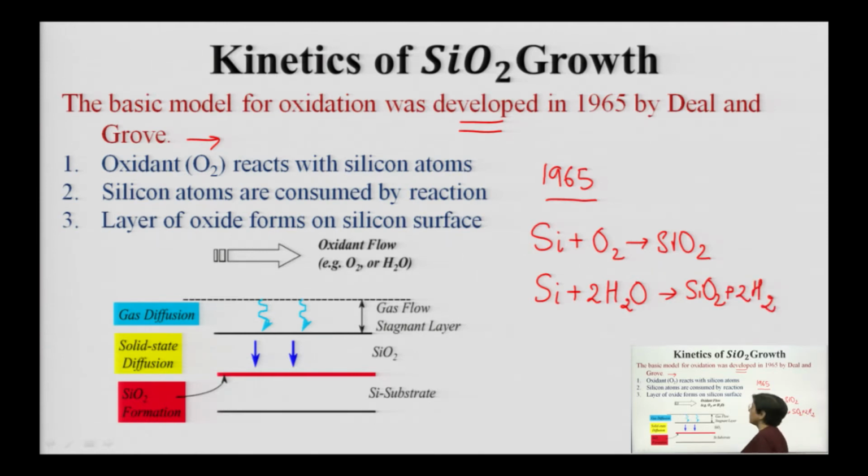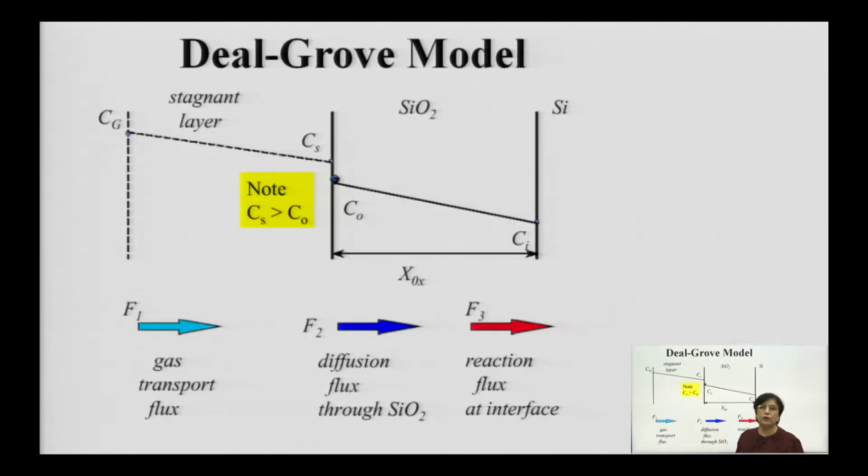These are the 2: we call this a dry process and this a wet process. This is the general term, I need not explain it: it is dry because you do not have any water molecule in it, and here we have moisture, that is why we call it wet. So, these are the 2 basic techniques through which oxide is grown. Now, when these oxidizing species enter this oxide layer, there is a penetration and then the oxide subsequently grows, and therefore you have 3 interfaces being defined.